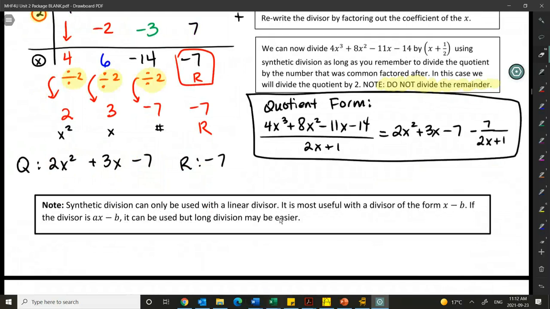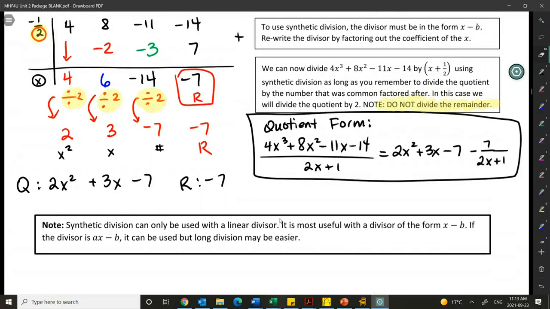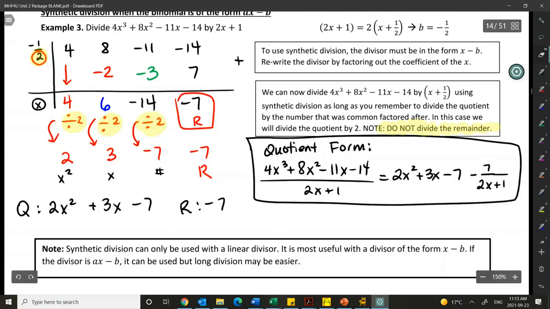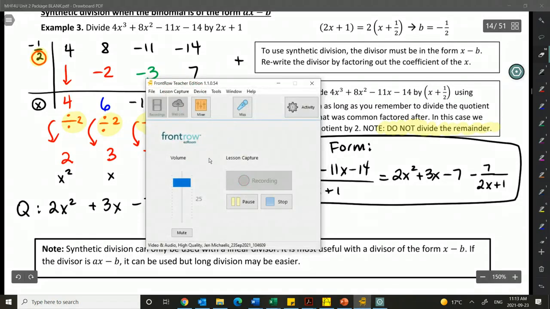Okay, so again, as a note, we can only use synthetic division for linear divisors. I cannot use synthetic division when I do not have something with an x to the exponent 1 going into my polynomial. That's why we learned about polynomial division, so that we can do other higher degree divisions. But synthetic division is really good if your divisor is linear. All right, so we have 15 minutes